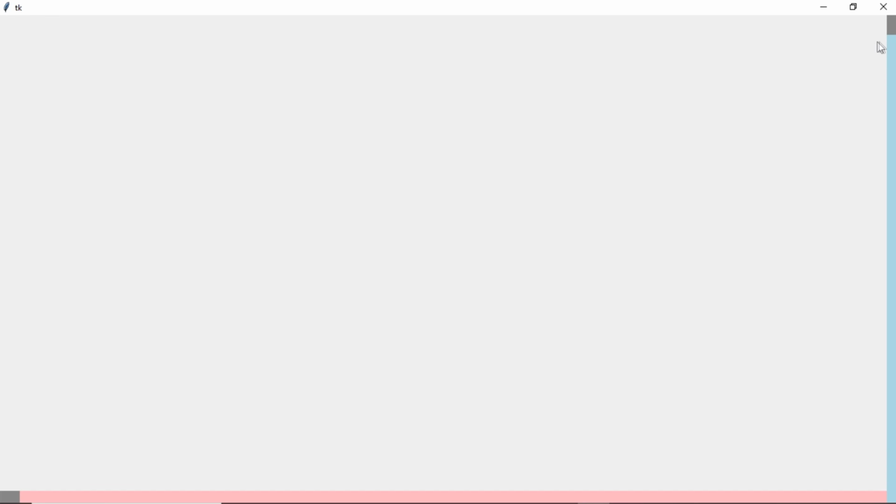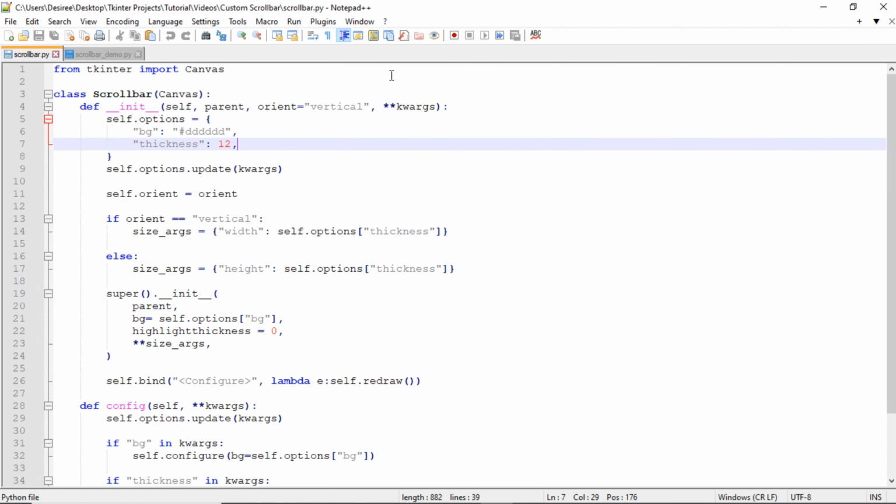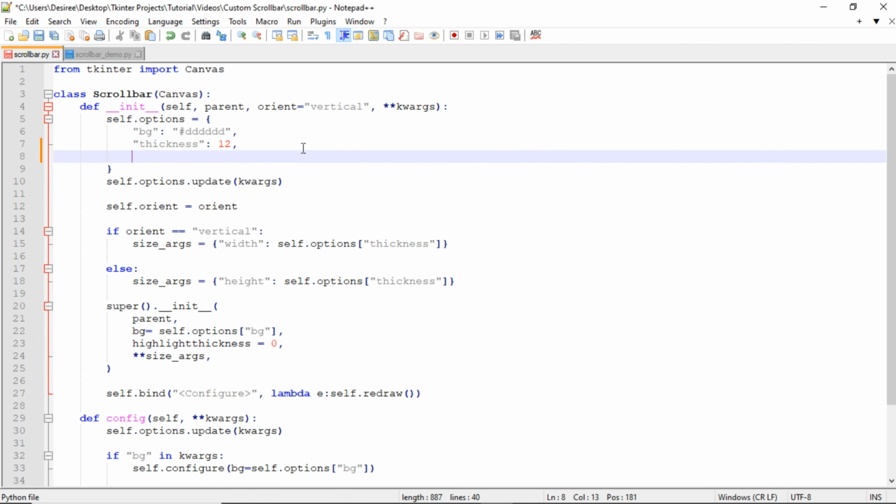In this video, we're going to continue working on our custom scrollbar widget by adding the scrollbar's thumb. Inside the scrollbar class, we're going to add some more options. We're going to add a default color for the thumb and a default hover color for when the mouse is over the thumb. So right here inside of our self.options dictionary, we're going to do